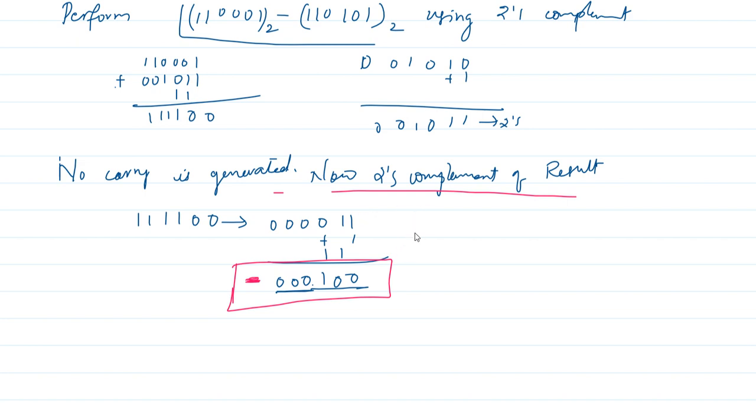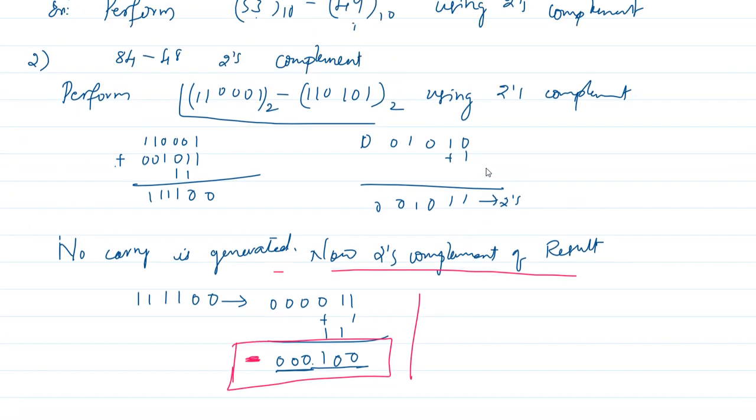If you have any doubt, first you need to cross verify that, by converting these numbers into decimal and subtracting, and you will get the result, and you can cross verify it, and you have to do that. Okay, I think this is clear to you how to do subtraction using 2's complement. Thank you.